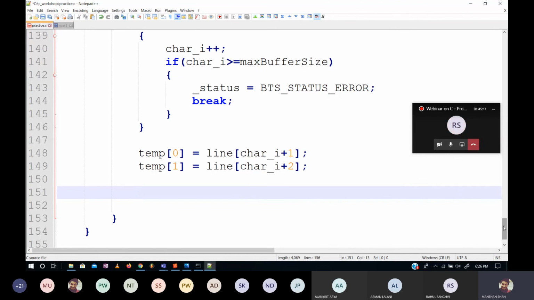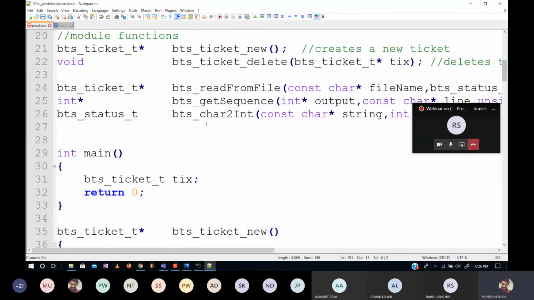जो इसको भी convert करेगा. ये किधर लिखा था मैंने? ऊपर किधर? ये रहा char to int.